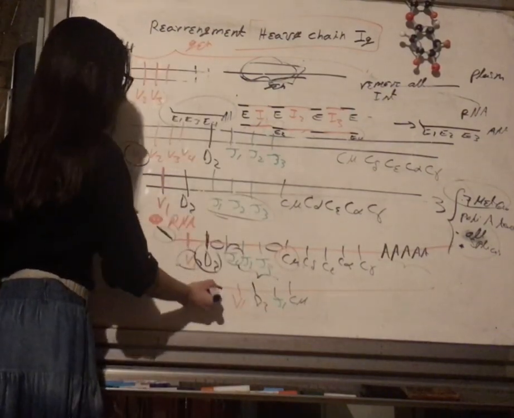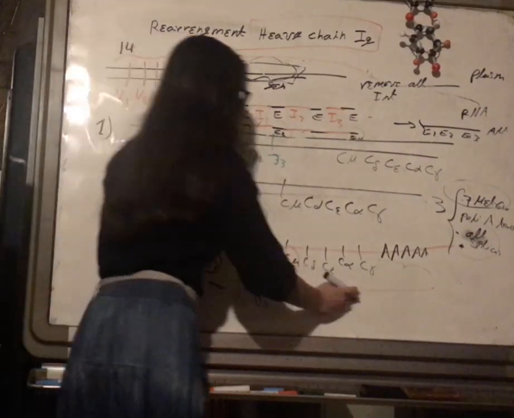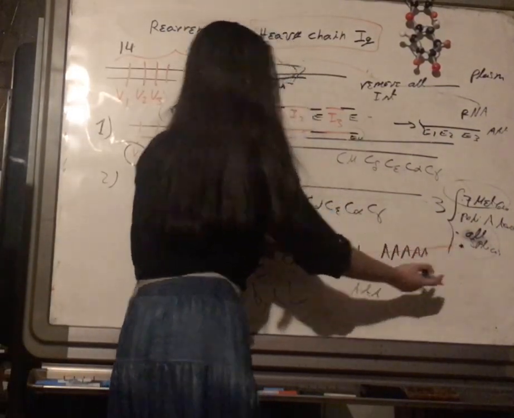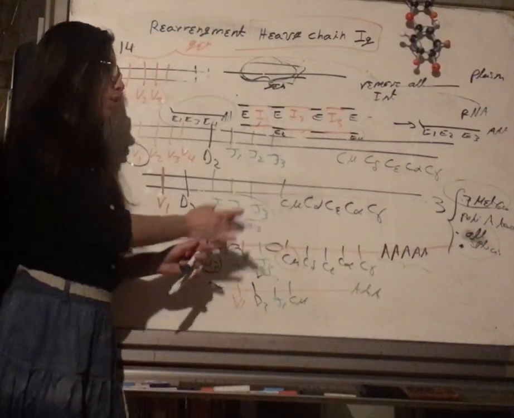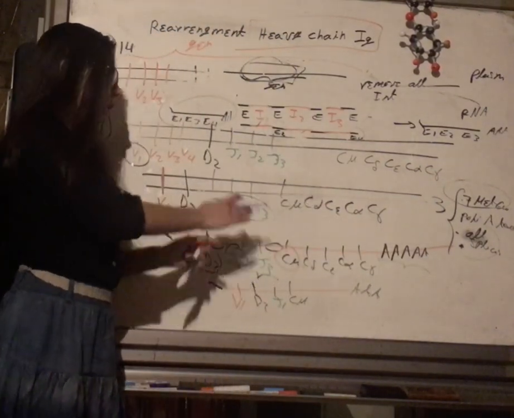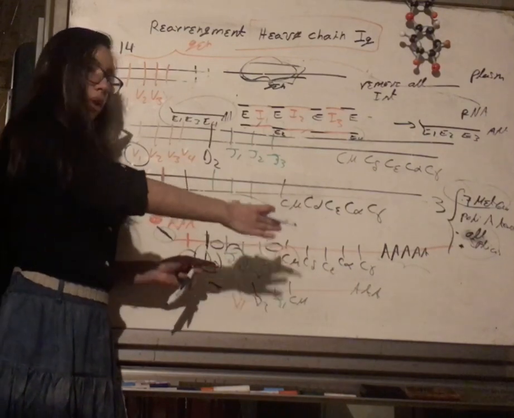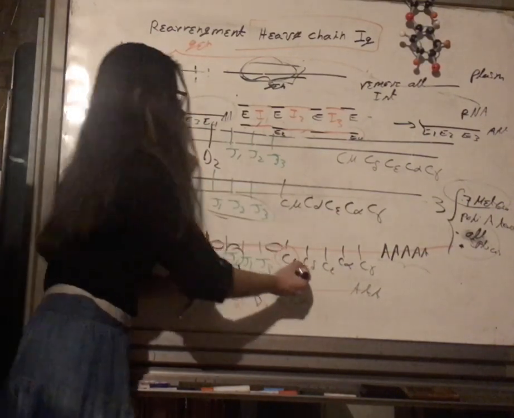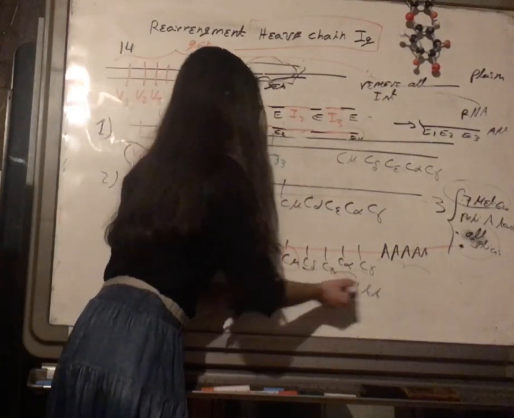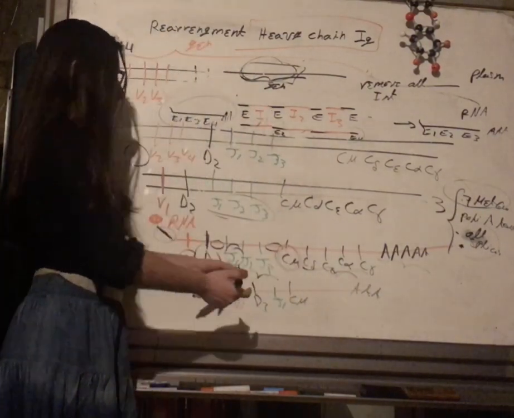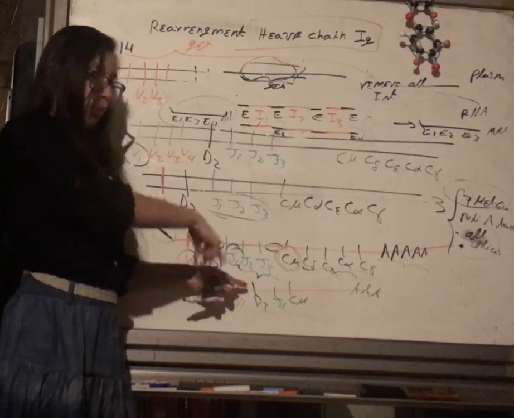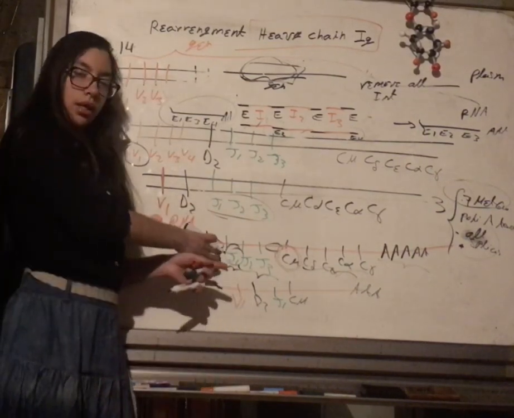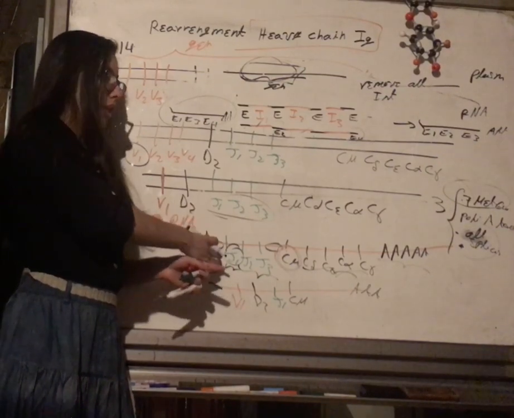It has the 7-methylguanosine, it has the poly-A, let's put here the poly-A, and we already did alternative splicing. What we did in alternative splicing, we removed the whole introns and we removed some exons. Which exons did we remove? We removed all these except one, that was C mu, and we removed all the J exons except one, that was J1. So right now we have a mature RNA, and this is going to be read by